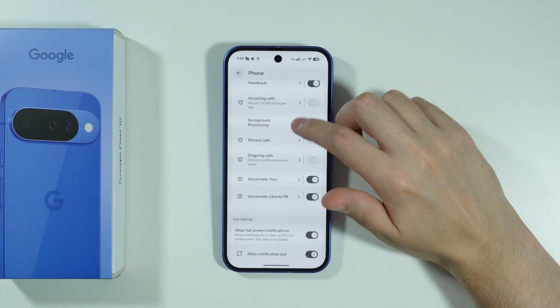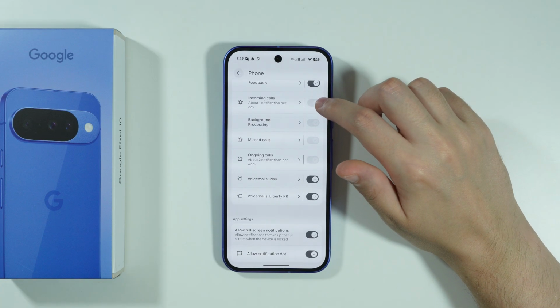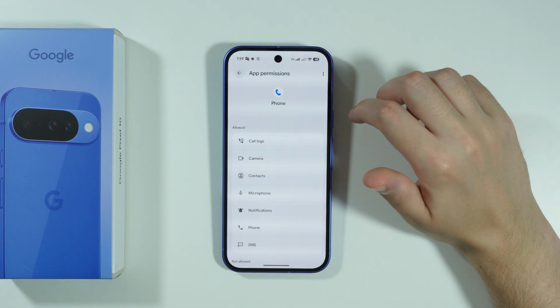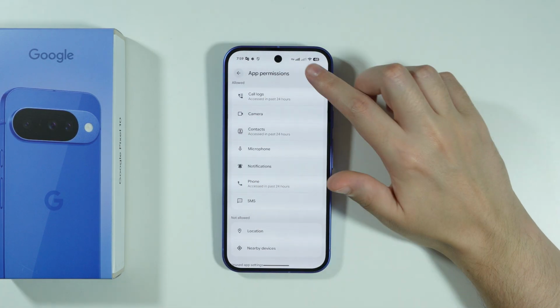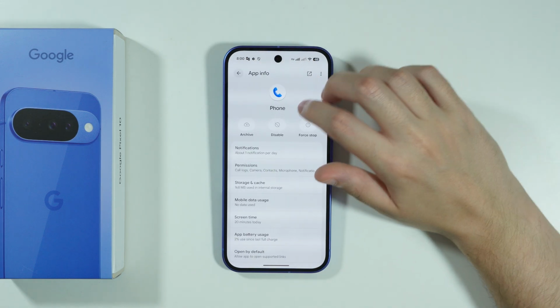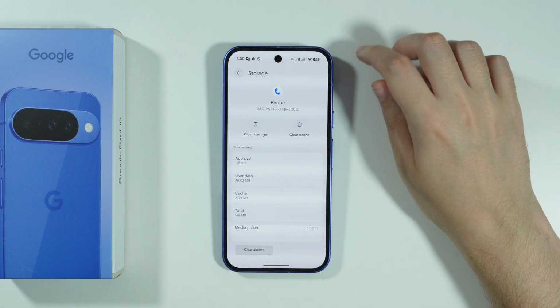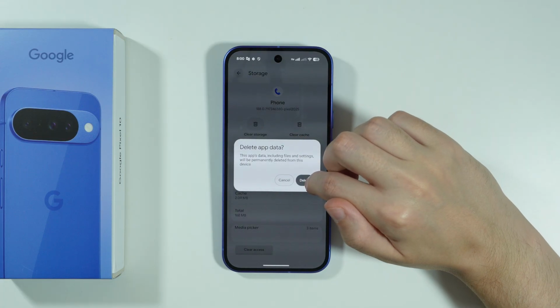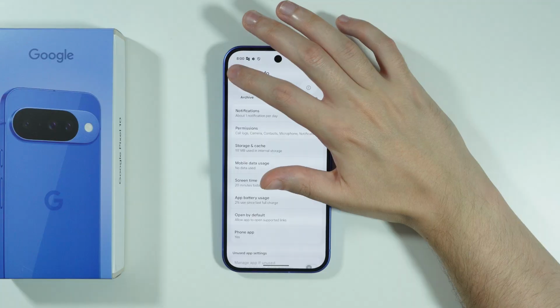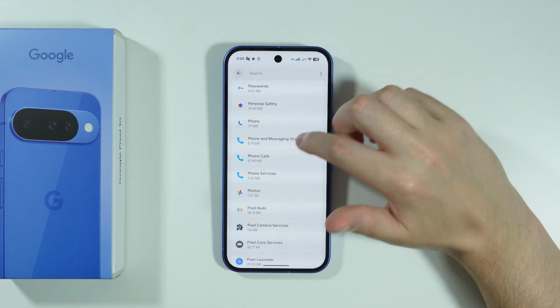I'm sure they cannot be even disabled, but just to be sure, we can check if it's enabled. There we go. We also have permissions. Make sure that these permissions are granted, that you have over here in Allowed. Then we're going to go to Storage and Cache, and we want to clear the storage over here. And there we go. Now, after that, we're going to exit this app, and we're going to go to Phone